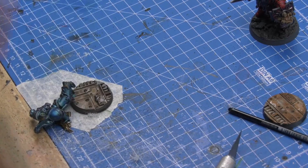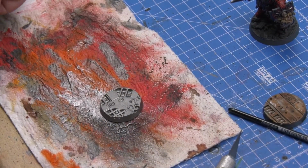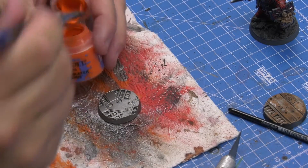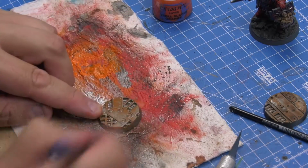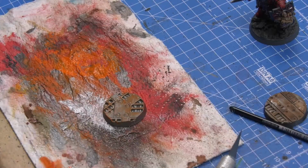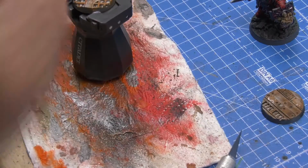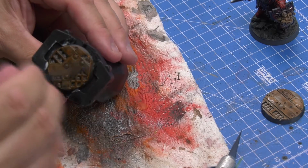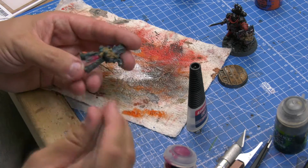Now the base you can also save time on. I use these Necromunda or Sun Mortalis, whatever they're called, bases. I spray them with Leadbelcher, then I take Fire Slayer Orange, I hit them with that with a soft drybrush, and then I just go over it with some classic Nuln Oil. It isn't all that difficult, it doesn't take a long time, and the base will look nice and contrast nicely